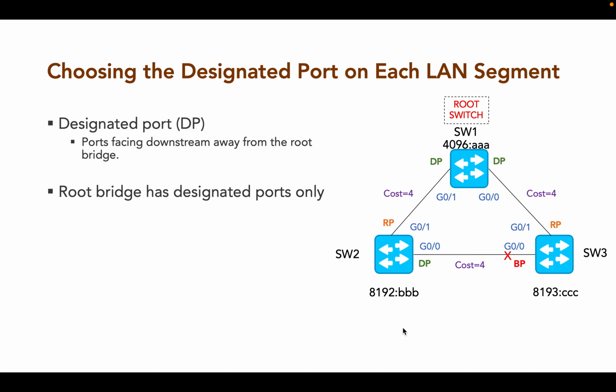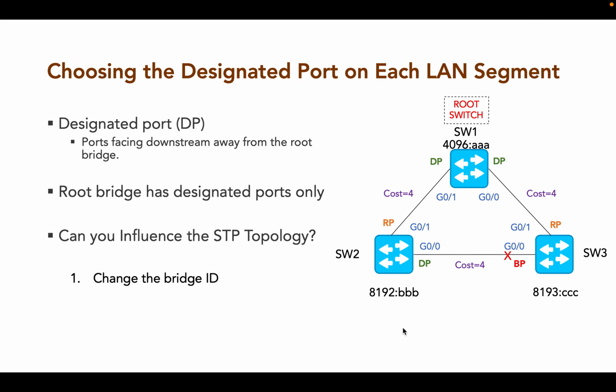Can we influence the STP topology? Yes. Switches have a default bridge ID based on the default priority value and MAC address. In order to influence the STP election, there are two options available. First, you can change the bridge ID. For instance, giving a switch the lowest priority value among all switches will cause that switch to win the root